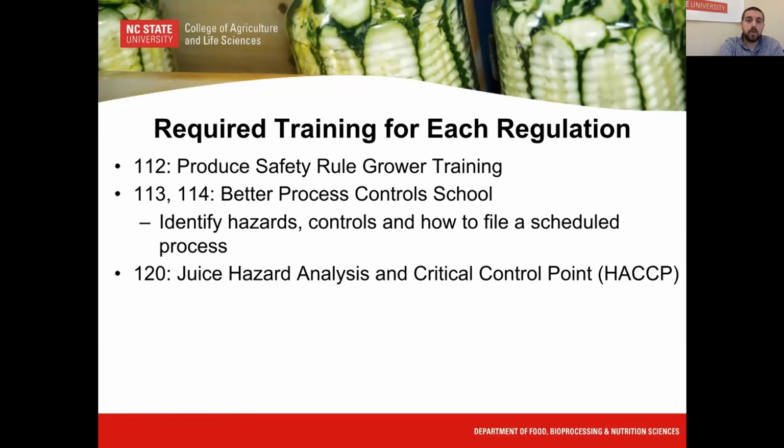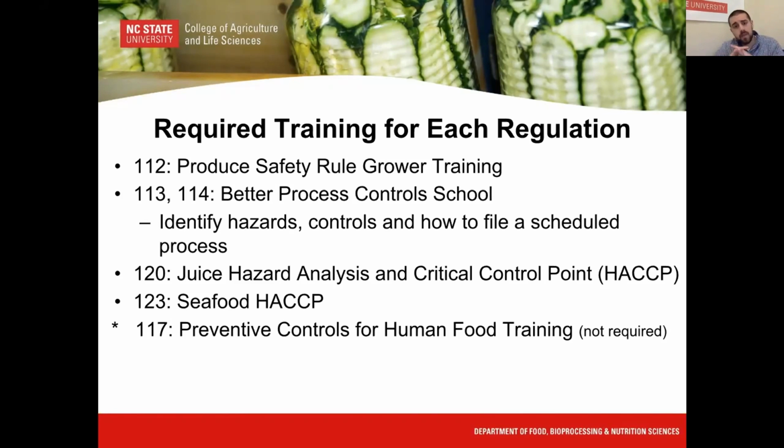Juice, like I said, under Part 120, is regulated under the idea of a hazard analysis and critical control point system, or a HACCP system. And so there is HACCP training specific for juice manufacturers. Same thing with seafood. Seafood is also regulated under a HACCP system to make sure that those products are safely produced. And so there's the training that Lynette and I were hired in response to, that training for